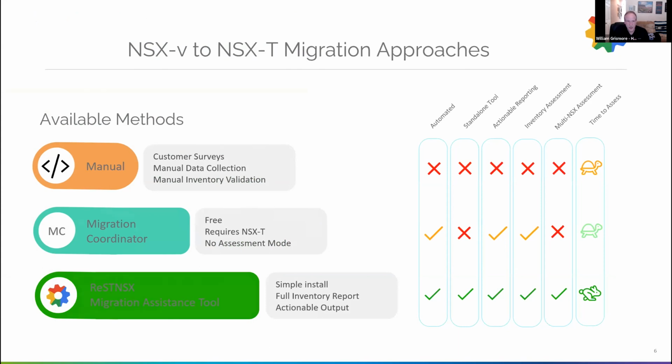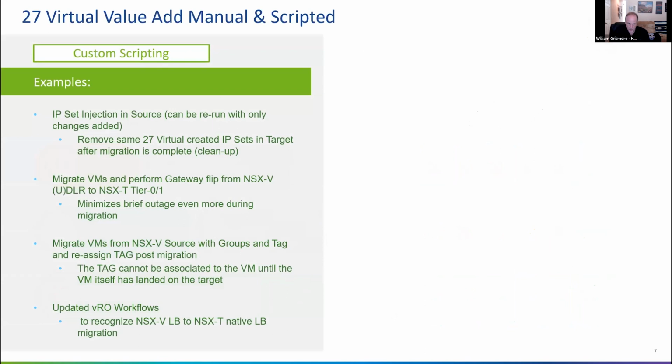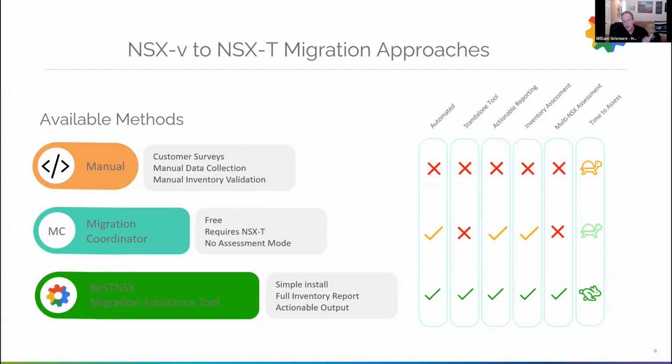Now, within these migration approaches, where we come into play as a partner in helping customers do migrations is we add in the custom scripting. And I think the way to look at it is each one of these could leverage some custom script, right? Of course, manual scripting goes together. Migration Coordinator by itself all the time may still need some assistance with the script. And then the REST NSX Migration Assistance tool is fantastic, but there could be some very particular corner use cases where you might need a little script or a tweak,